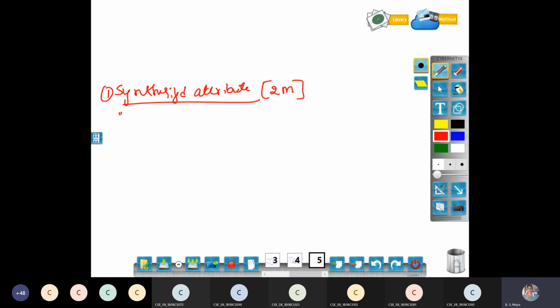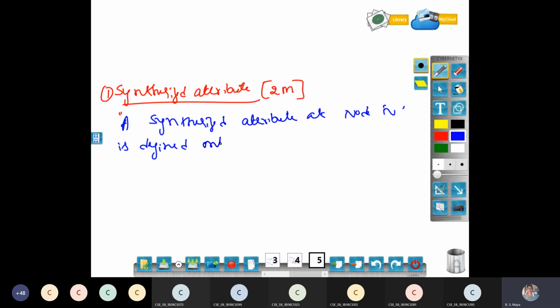A synthesized attribute at node n is defined only in terms of attribute values